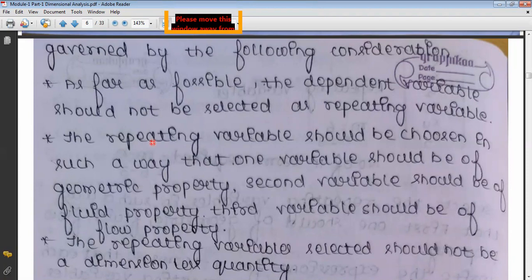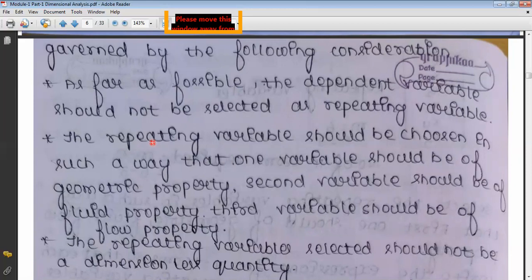You might ask one more question: sir, in any problem, if there are two fundamental quantities which have the unit meter, say for example length is also there, width is also there, then which one do I have to select as a repeating variable? Either you can select length or width, any one. Even though two variables have unit meter, you can select any one of them. It is up to you. That is the first repeating variable.